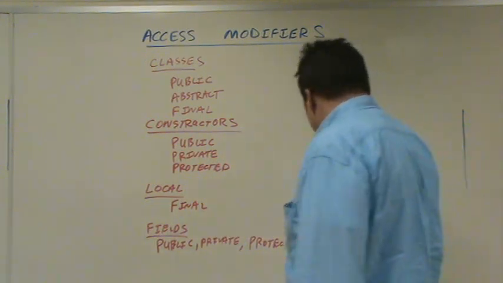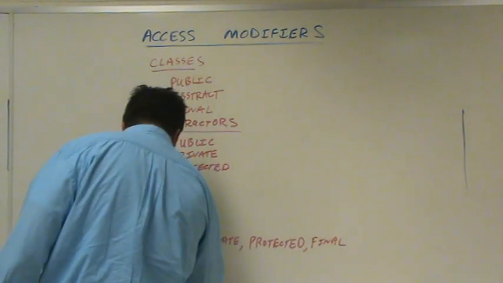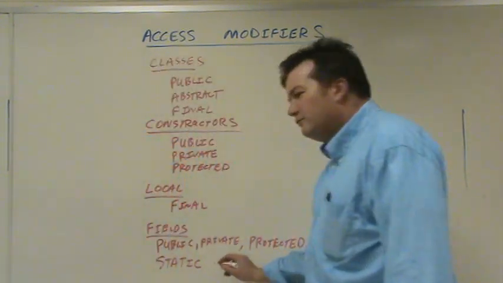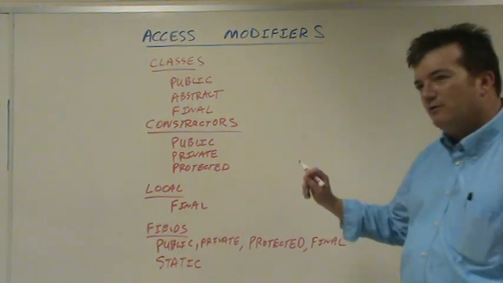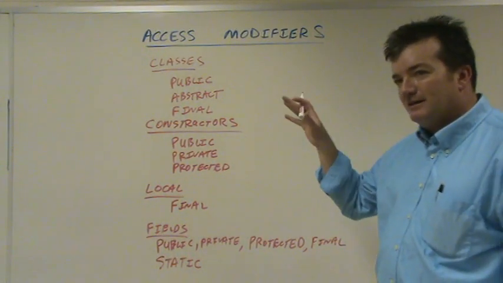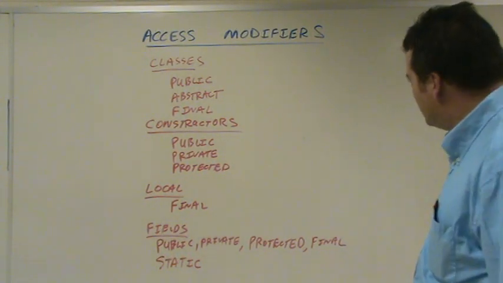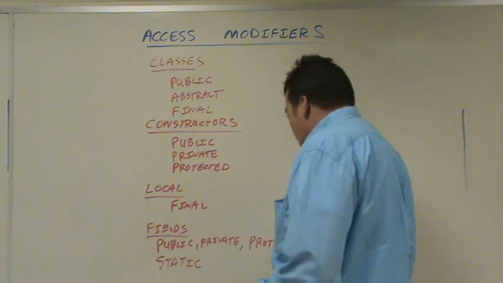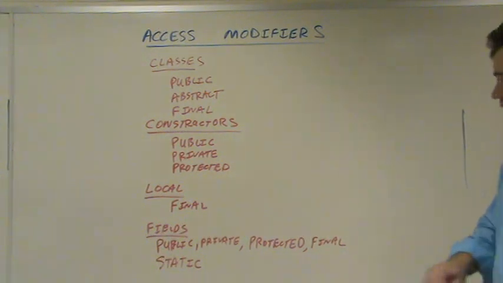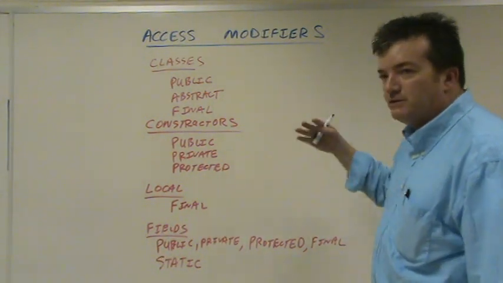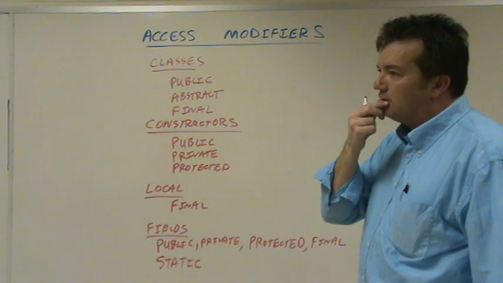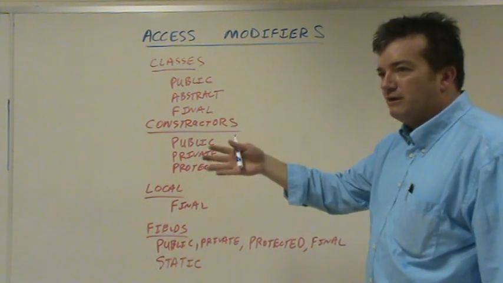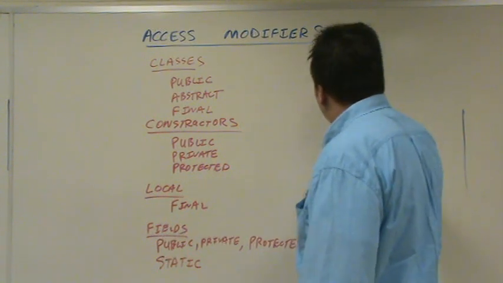Okay, and then we also talked about fields can be static. And remember what static meant again? Static meant there would be one variable per class, not one variable per object. So for example, if we had a class that had a ratio with a numerator and a denominator, but suppose there was a third variable called count, like how many ratios are out there. So if we created 5 ratios, we want the count to be